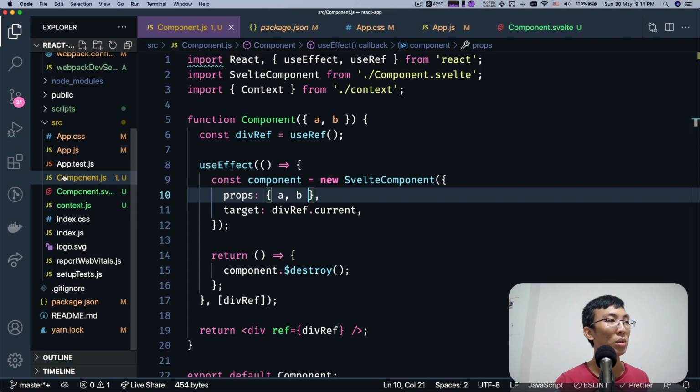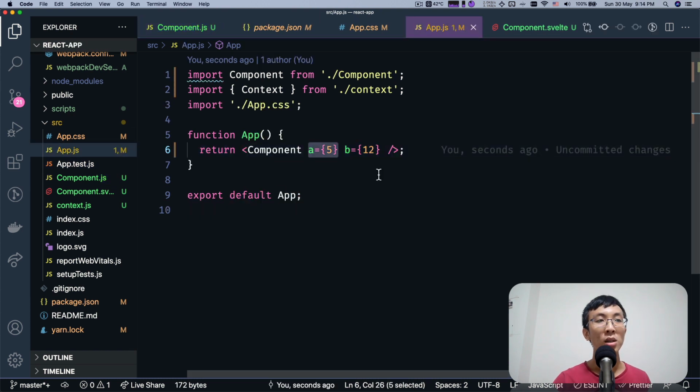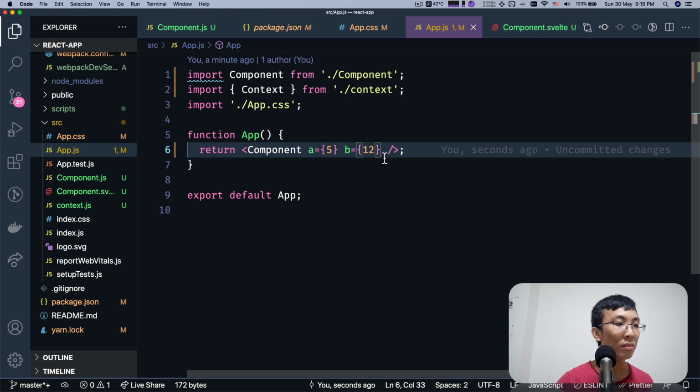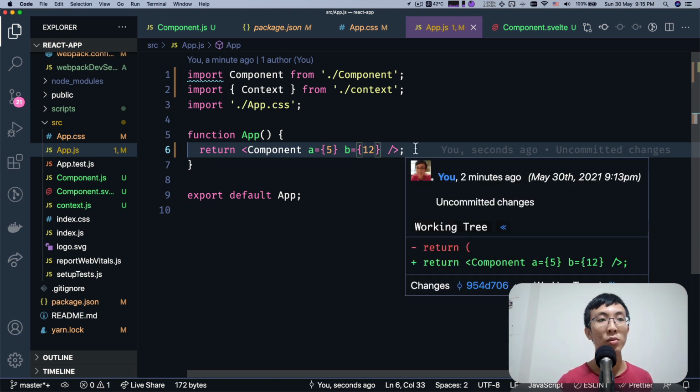Although you know that in React, usually when you pass this, you're expecting a controlled component and you can't change the value of A anymore. But in Svelte, it's a little bit different because it's not controlled, right? So that's the thing about Svelte and React. So depending on whether you think that this is a bug or this is something you want to fix, then probably you would have to figure a way to listen every time A and B changes. We want to set the A and B values back to the Svelte component and say that, hey, you shouldn't change your value. So that's something we are not going to do,